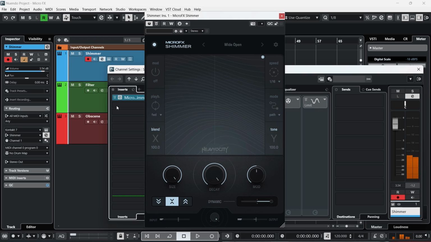It's brilliant. So you get an idea of what Shimmer can do, and of course you can create your own